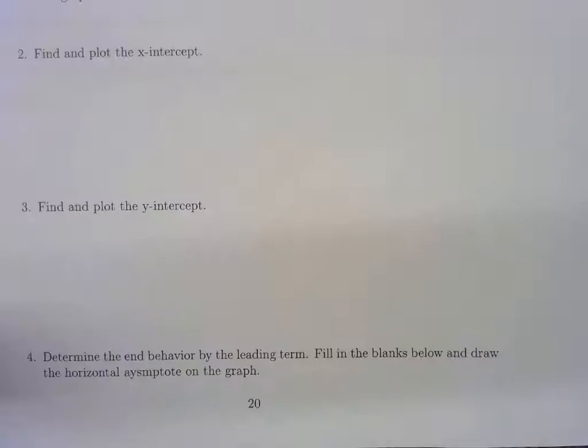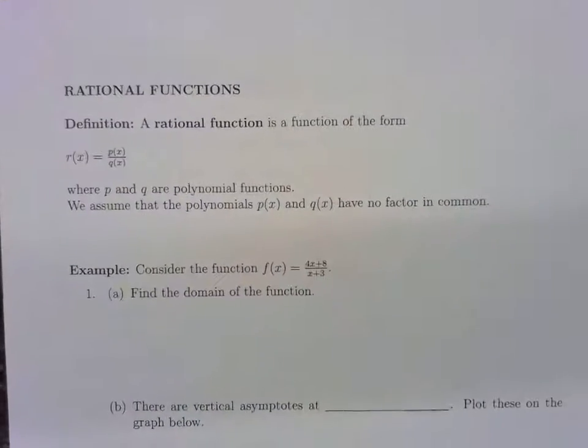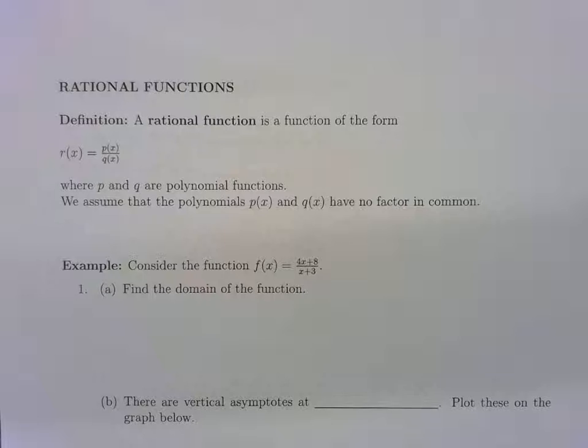So now we're going to move on to our very last type of function. This is rational functions. Again, with rational functions, you're not going to be expected to graph them, but you do need to recognize what a rational function looks like, and you also need to be able to pick out asymptotes. I also want you to be able to pick out domains. So we're just going to go through this. When we get to the graphing portion of it, I'll use my calculator and then just go through some terms with you. But you do need to know, especially domain, vertical asymptotes, x-intercept, y-intercept, and then we'll look at a